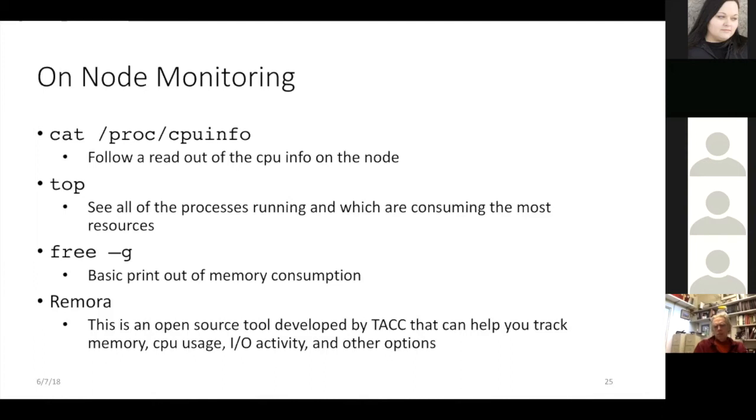It will show you memory usage and CPU usage, all of your read and write activity. You can see how your job is performing in general on a node. So it's particularly useful if you're working on debugging something or if you're trying to improve the performance of your jobs.